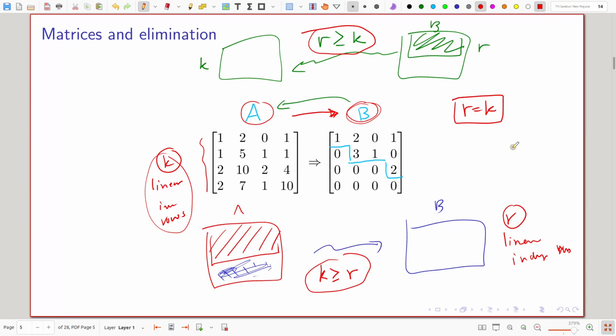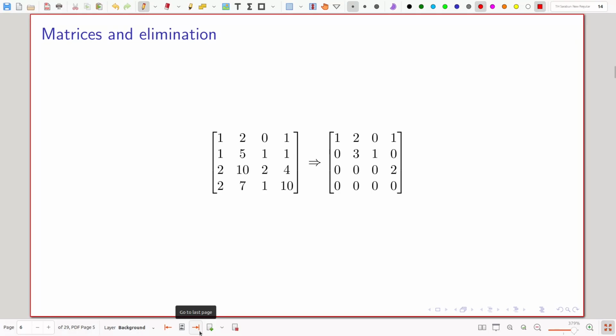It's not that easy, okay? But it's 3. So let me show you. Okay, so let me show you one more thing. Previously we talked about row rank. Now we look at column rank.